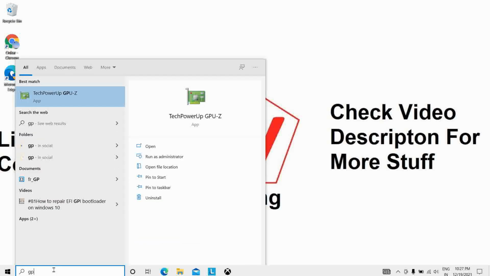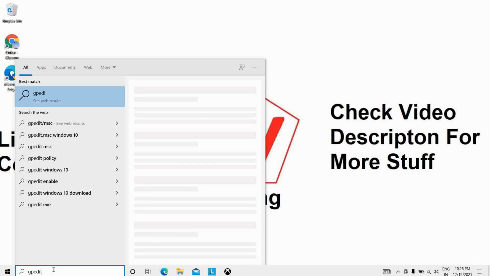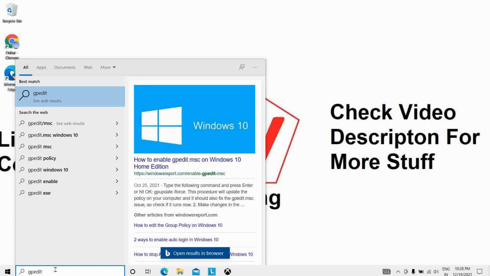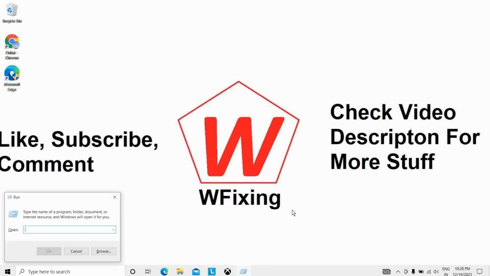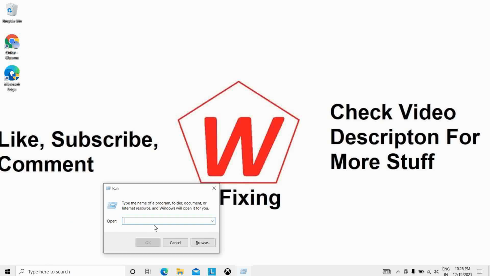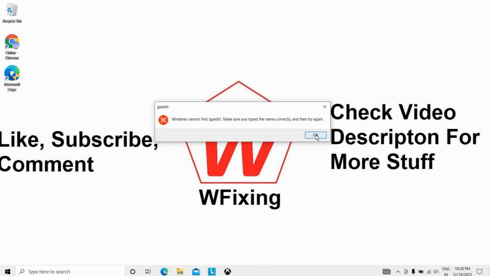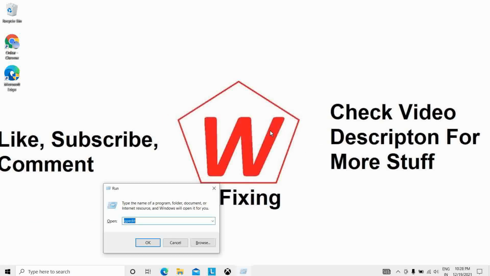Okay, it's not showing here. We have to open the Administrative Templates for this. So I will type Windows plus R again, type gpedit, click OK. It's not showing anything, so I think it will not work for our PC.